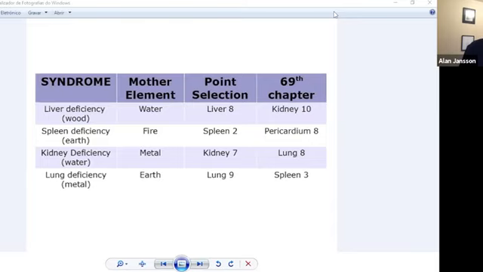Now, if we move to spleen deficiency or the earth meridian, again, we should all have a basic grasp, but the earth meridian, it's the core. It's the nutritive. It's a key power plant for building the nutritive qi and subsidizing the wei qi. Very, very important function. So if we were to use the 69th chapter or the classic theory to tonify the spleen meridian, then we would select the preceding or the nourishing or the mother point.